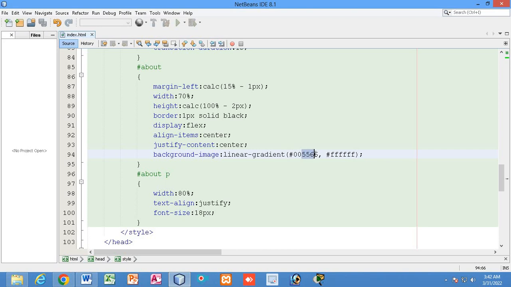So let me change the color and I will do one thing. I will write here the direction will be to left, right?